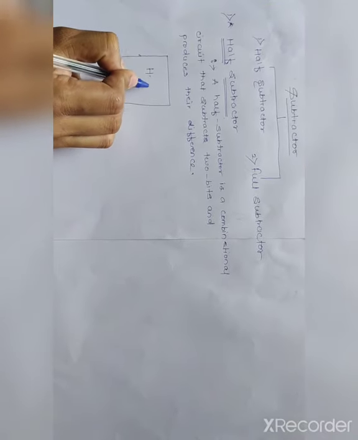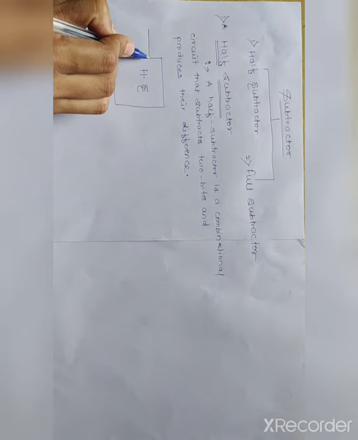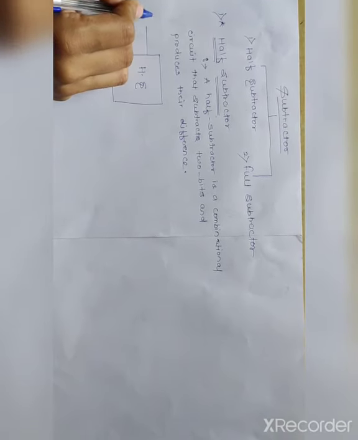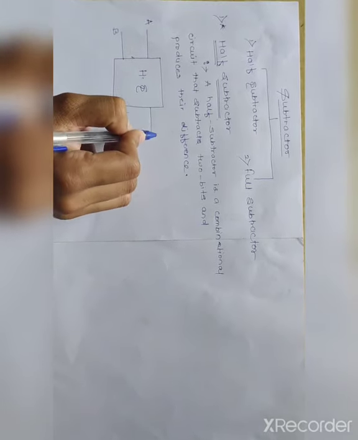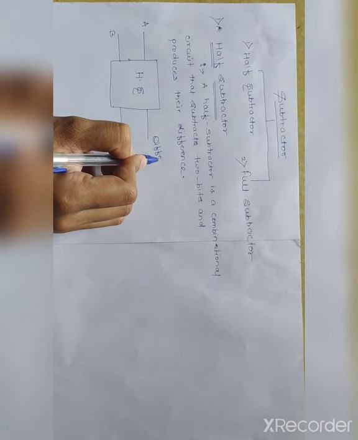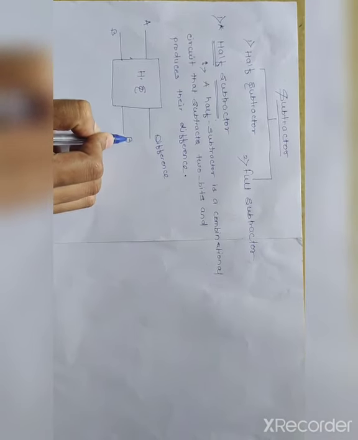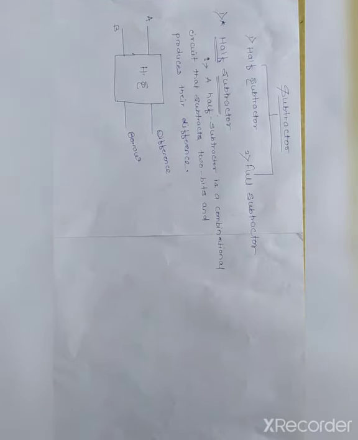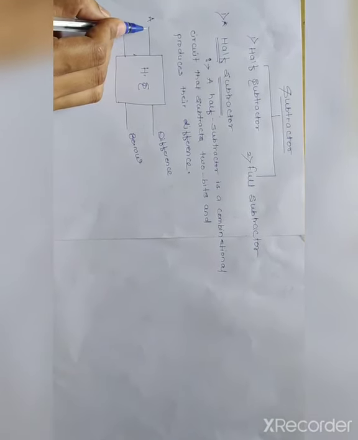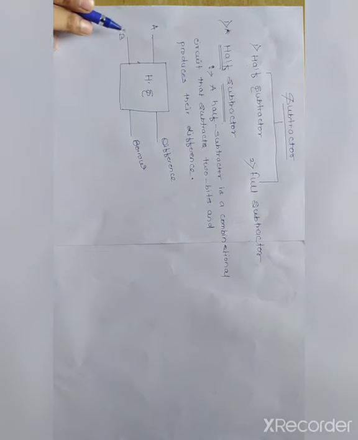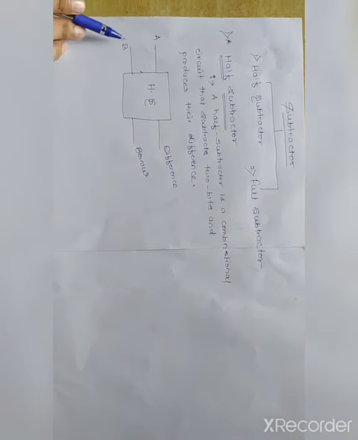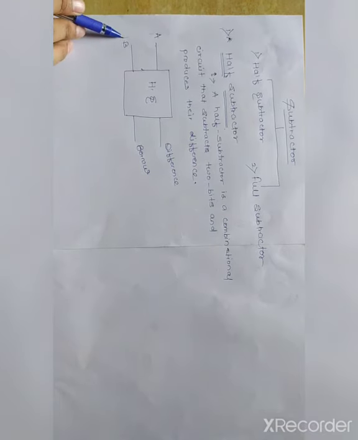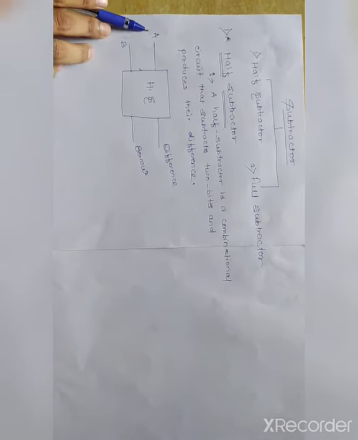This is a simple block diagram of the half subtractor. You are just subtracting b from a, that is a minus b, and the outputs are difference and borrow. Now these are my outputs. Suppose I want to subtract two bits: 0 from 0, 0 from 1, 1 minus 0, or 1 minus 1.